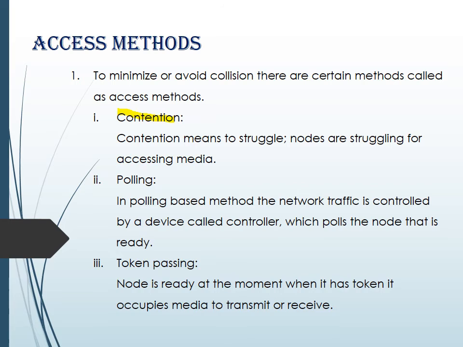So, to avoid collision, we use two methods, and they are carrier sensing and carrier detection. First, we will see what is carrier sensing. In carrier sensing, each computer listens to the network before attempting to transmit. For example, suppose I have four computers and computer A wants to send data to computer B or computer C. Then computer A will first listen to the network before transmitting.